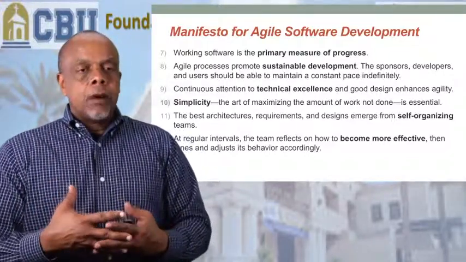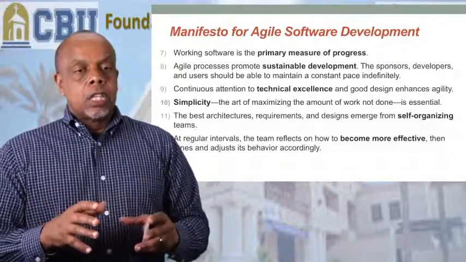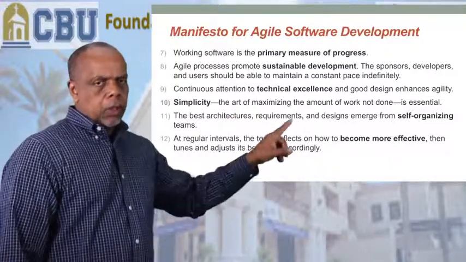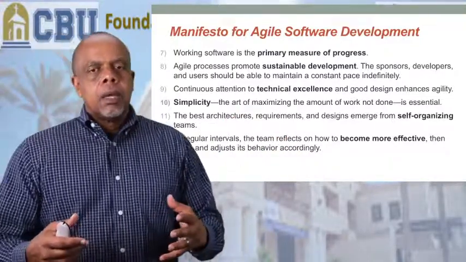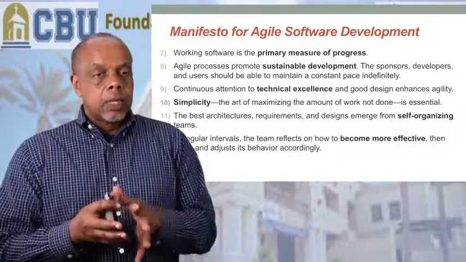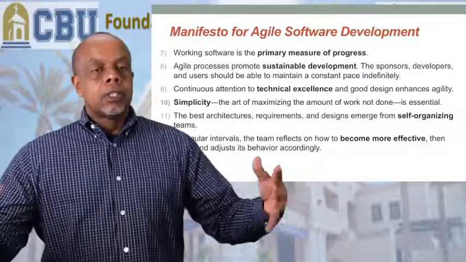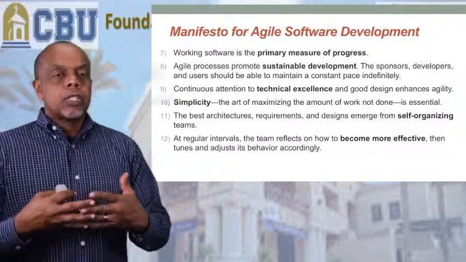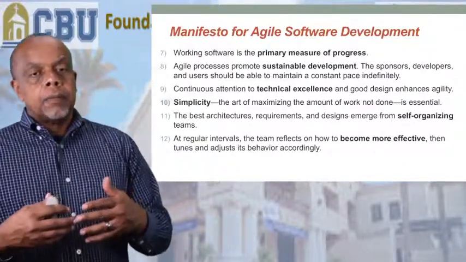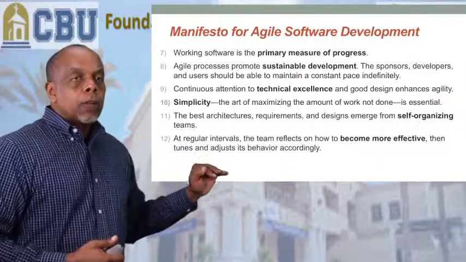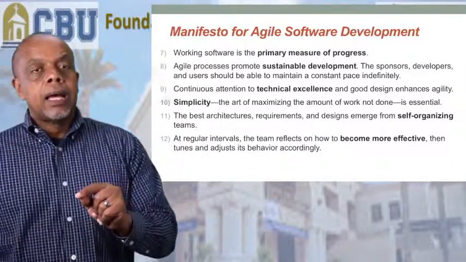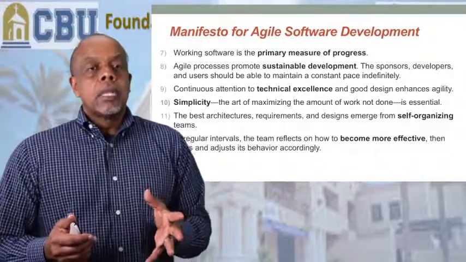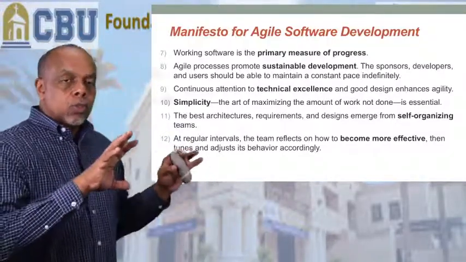That's very loosely coupled teams, not just a strict org chart. Here's the org chart, and Johnny, you're going to work with her, and he's going to work with you. But no, let those teams be able to self-organize and self-merge. And sometimes they'll morph and come back out this way. Because that's where now the team works together, and you really get collaboration and good use of your human resource. And number 12, at regular intervals, the team reflects on how to become more effective, and then they tune their processes to meet that. So there we go. There are those 12